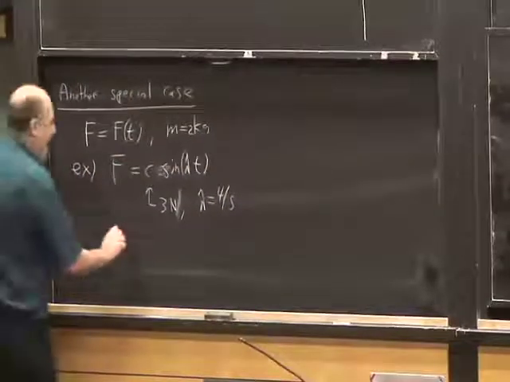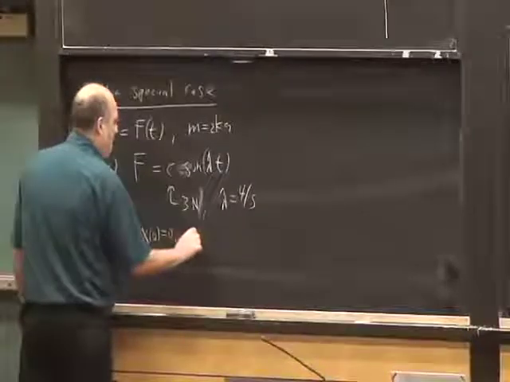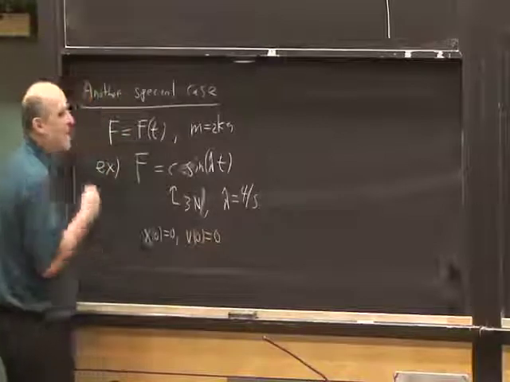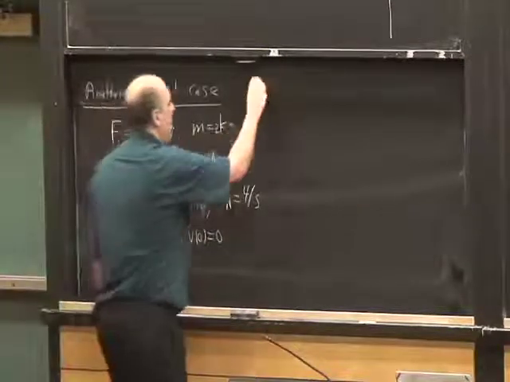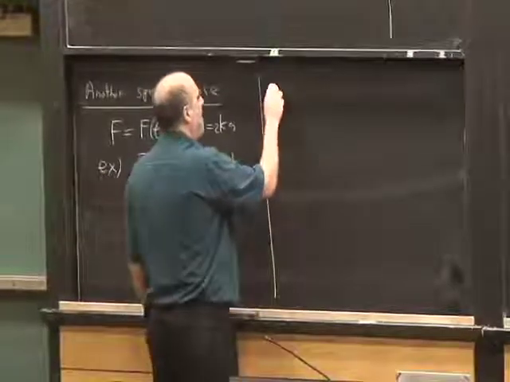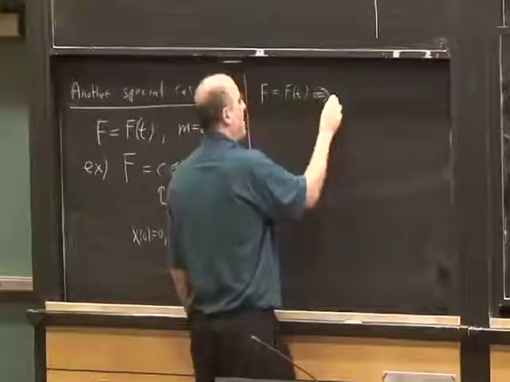Okay, so let's add to this example the initial conditions that x of 0 is equal to 0 and v of 0 is equal to 0, and then this becomes the quiz problem, and now we're just going to work out in detail what the quiz problem is. Before I do that, let me just point out that if F is equal to F of t, then that implies that solution